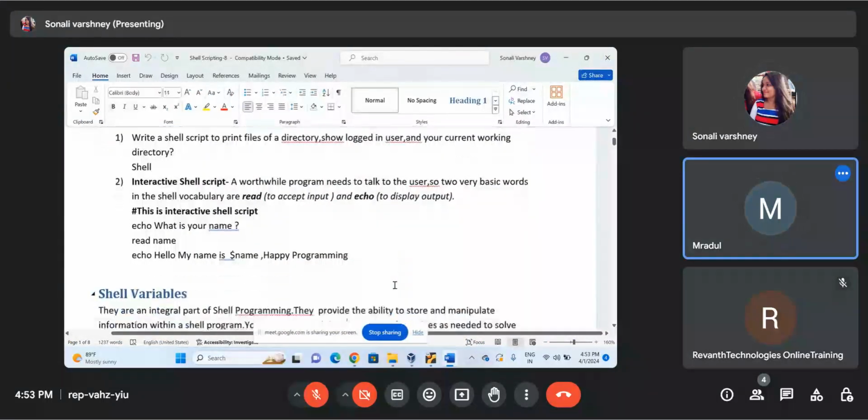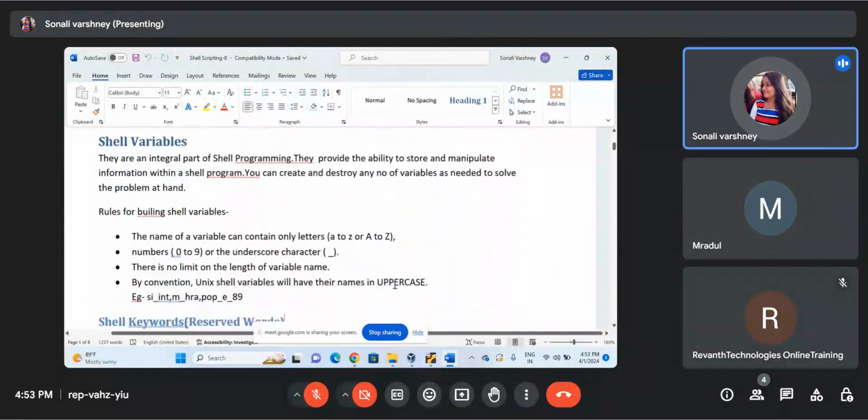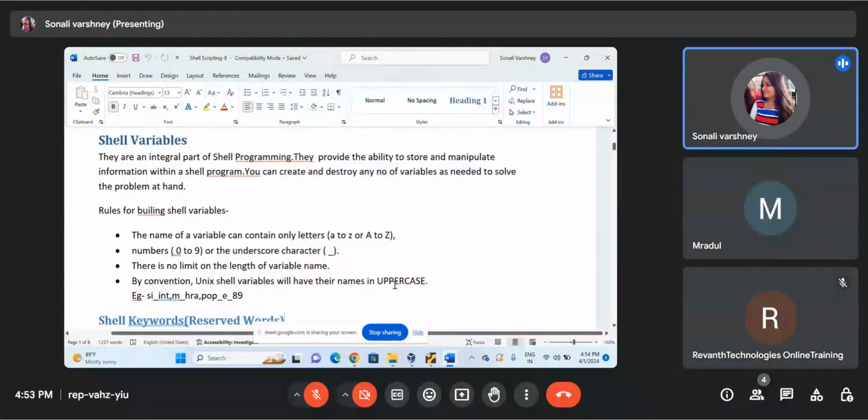Now, what are shell variables? These are an integral part of shell programming. They provide the ability to store and manipulate information within a shell program. We can create any number of variables we want, but as compared with other languages, what happens